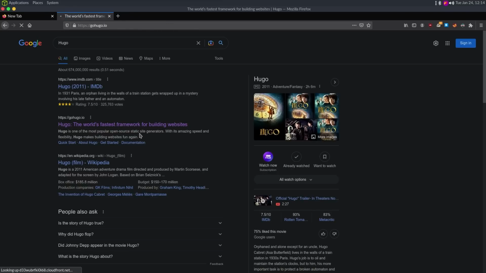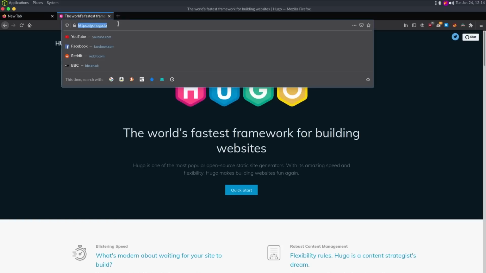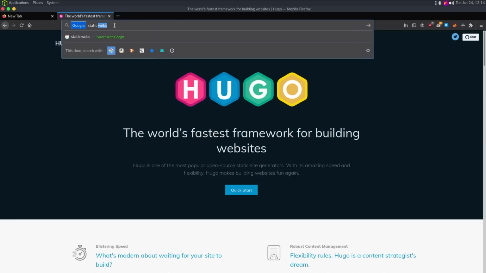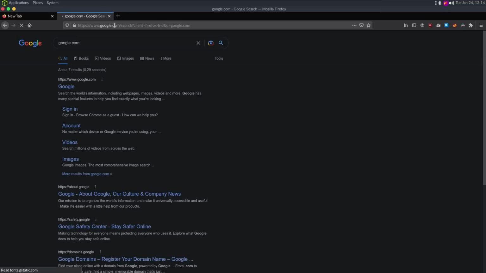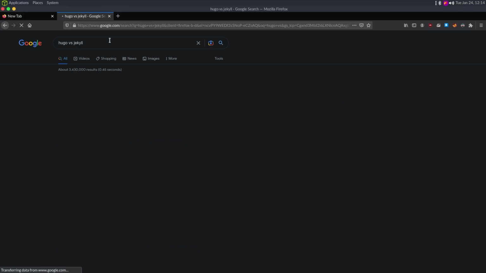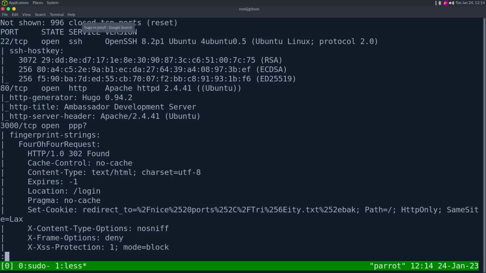It's a framework for building websites. Trying to think of the other popular one, static webs. Well, we can probably just go to Google and do Hugo versus and see what the other common one is. So Google, let's do Hugo vs. Jekyll is the other super common static website builder. So that's that. And then on port 3000, we have, looks like another web server since we have this 404